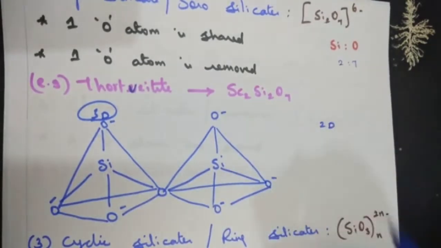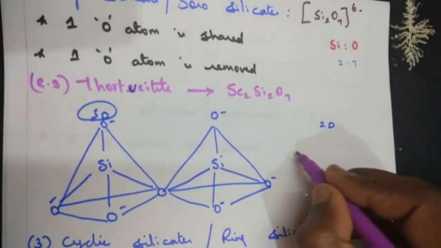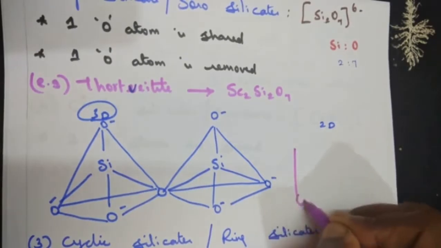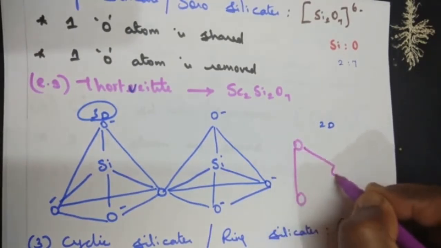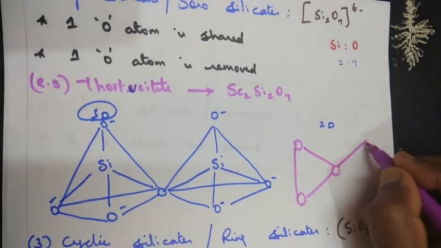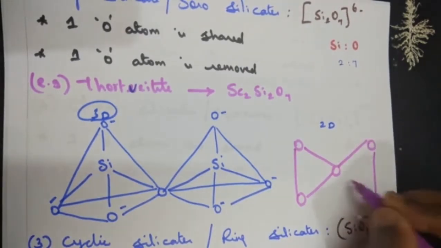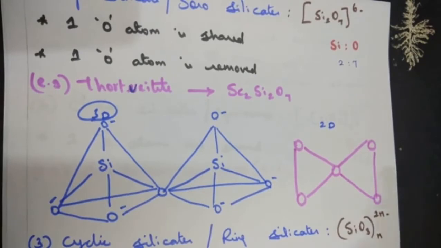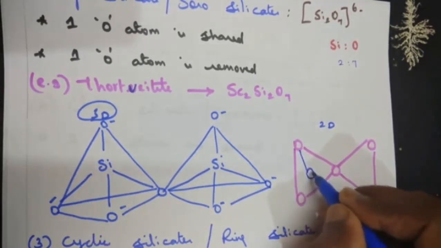Let's move on to the 2D structure of it. Now, the 2D structure, let's express in terms of triangle. So, this is for one unit of SiO4. Moving on to one more unit. Now what did we tell? There is oxygen behind the plane, that let's mark it in between.